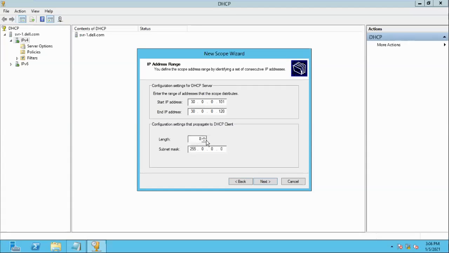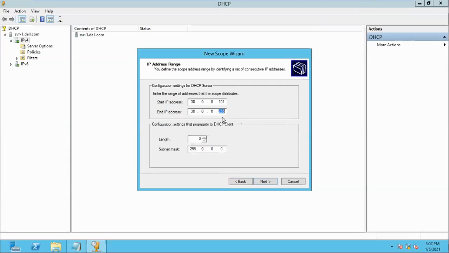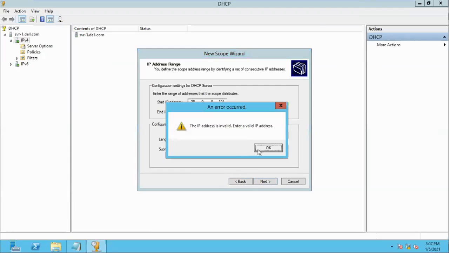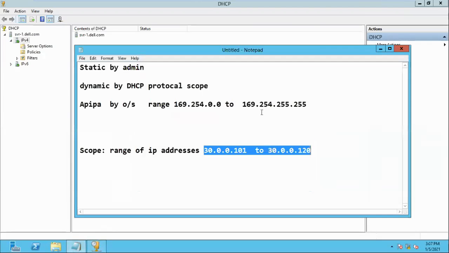More than 20, till 255 I can assign. 256 we can't assign, right? The last is 255.